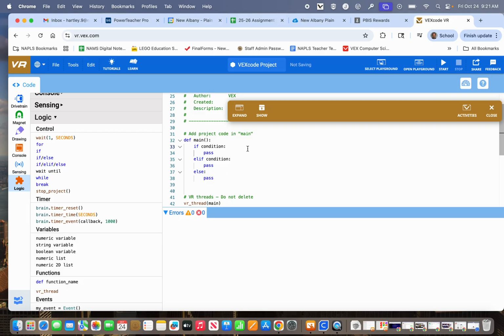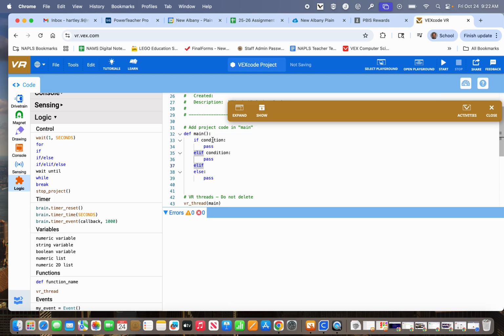So I'm creating my function. So if, let's see, we've got green, we've got blue, and we've got red. So I am going to put my cursor here on the else and I'm going to type it one more time. And then I'm going to type in elif,